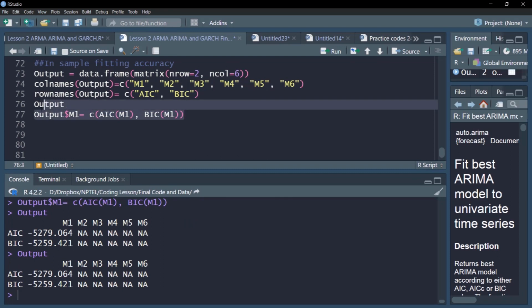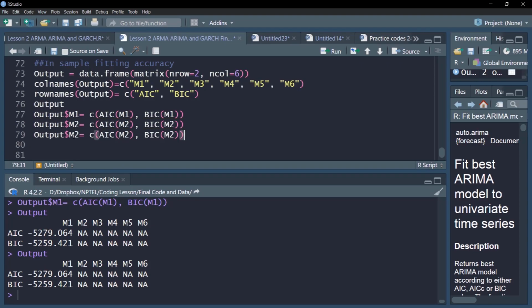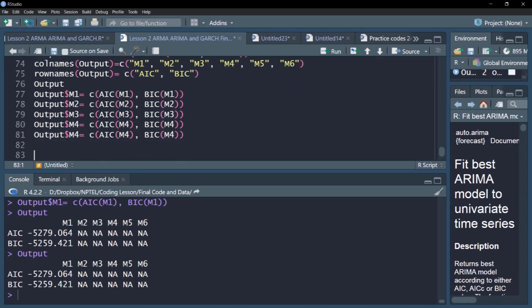In an identical fashion, I can do the same for M2, M3, M4, M5, M6.